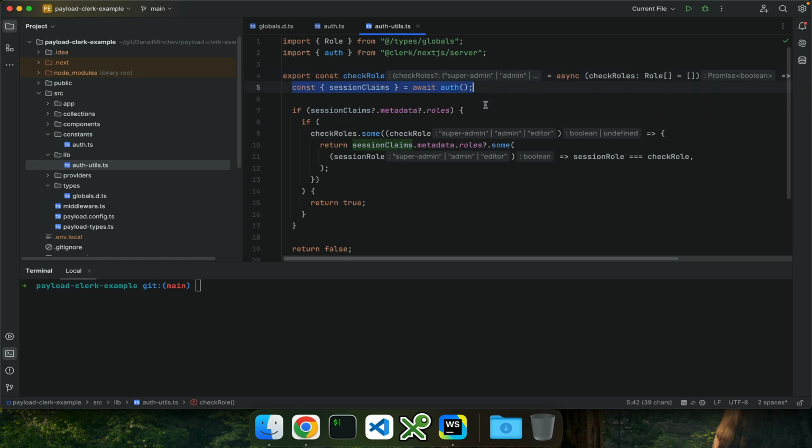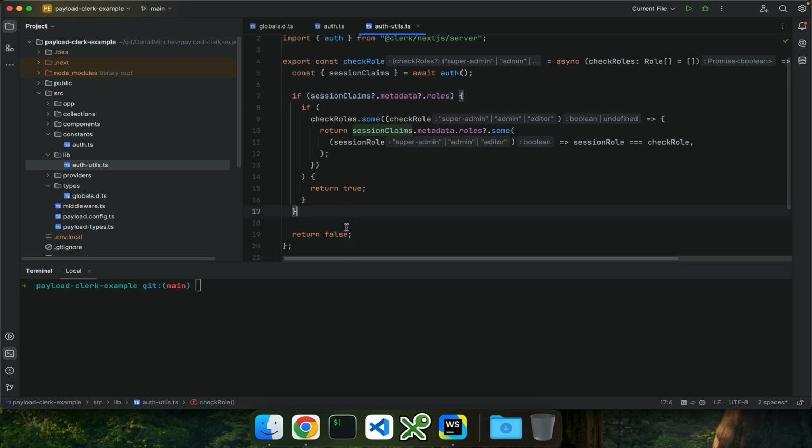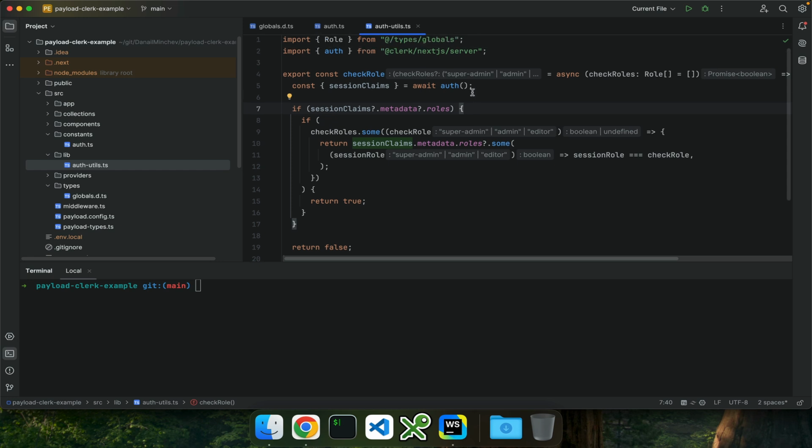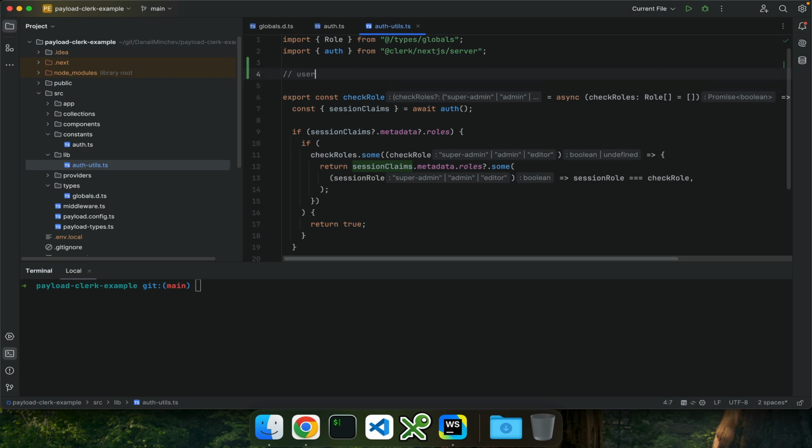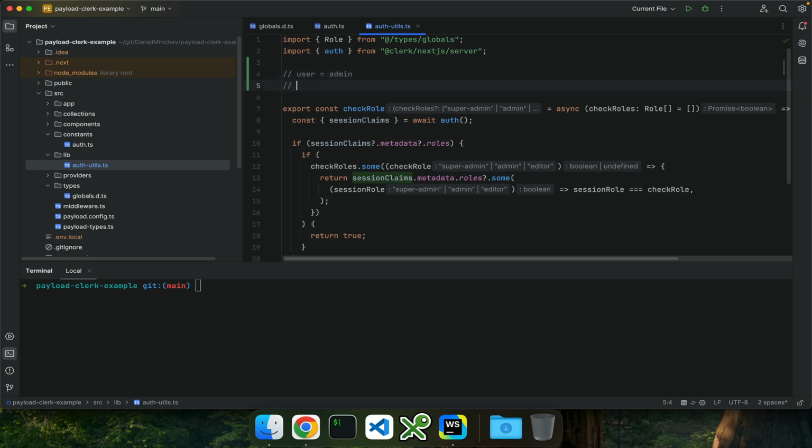We get the session, we check if the roles exist at all. If not, we return false, because by default there are no roles assigned to the newly registered users. And what we do here is we check the roles, for example, if the user has the role, let's say, admin only, and then if we check like this, check role,